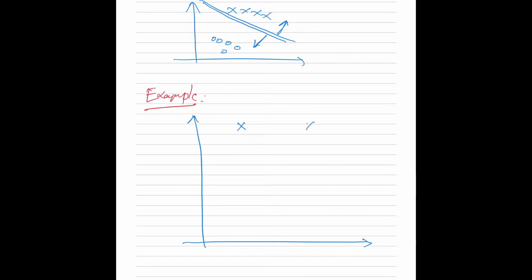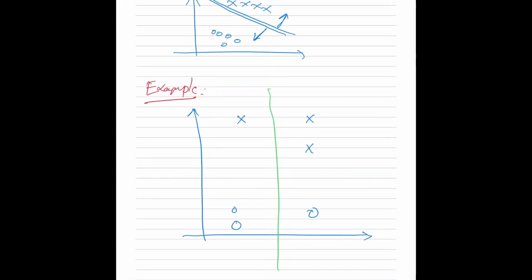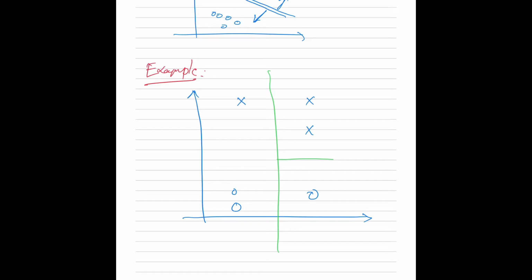So let's say this is our data set, and I misclassified one point. So this is my initial w vector. So this will be my random w vector. So I misclassified this point and this X point. So first I will write the condition, which condition we are following. All the cross points have label 1, which is y equals 1, and all the circle points will have label -1.